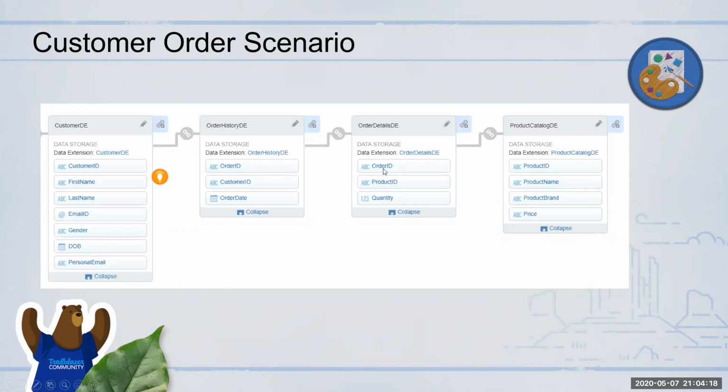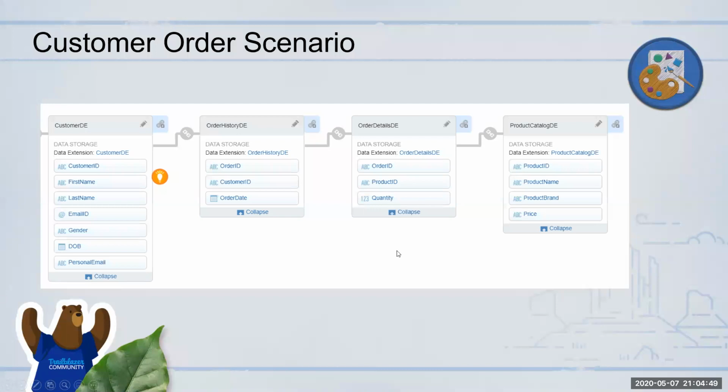If I only use order ID as a single primary key, it will actually fail. I cannot use either product ID or order ID alone. I would use a composite key here, meaning order ID and product ID would be the combination for the primary key. And then the quantity for that. And for the product ID, if I want to refer to the product name, the brand and the price and all that, I can refer to this table. So this is just a view of the various data extensions I might have with respect to the customer and the order details.